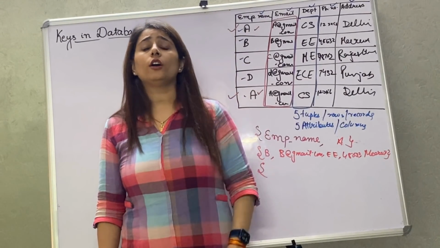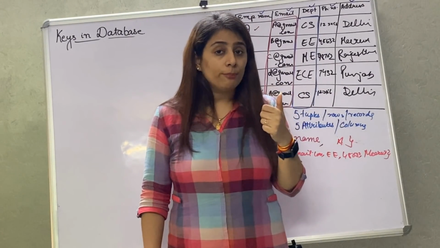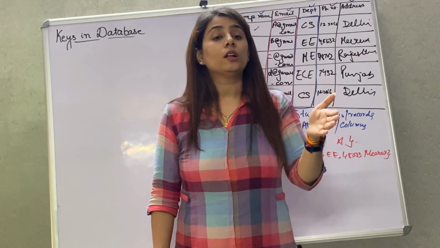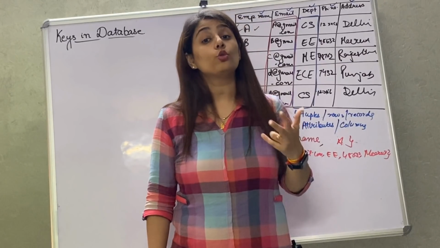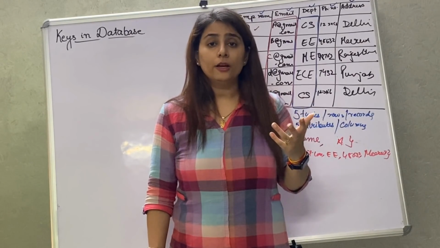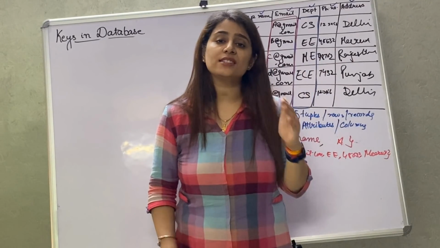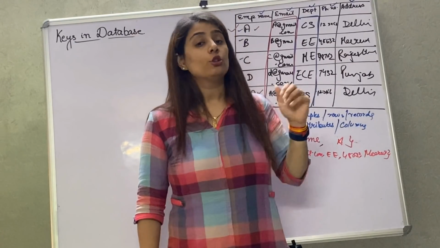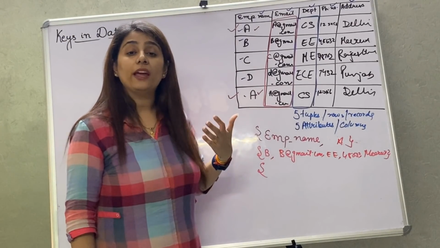So to overcome this, what will the teacher do? Either the teacher will call that child with the roll number, like if the teacher says roll number 15, Tanav, get up. Now he is uniquely identified, because no two children can have the same roll number. Clear? In the scenario of the classroom, we are assigning the roll number to make a difference between the students who have the same name. The same thing we will do here. We will give them an employee ID that will make it unique.